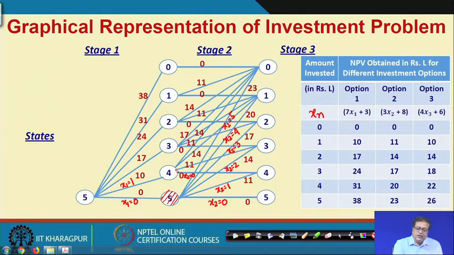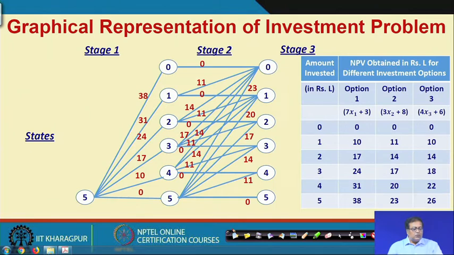There is one line missing here. This one is 0, this is 1, and the missing line will actually be x 2 equal to 2. Anyhow, the corresponding profits, that is 0, 11, 14 and so on, would be the returns. Like these, all these lines can be drawn, and you have then completed what is known as the stage 2 level of investment. Now, having done that, let us go to the third stage.